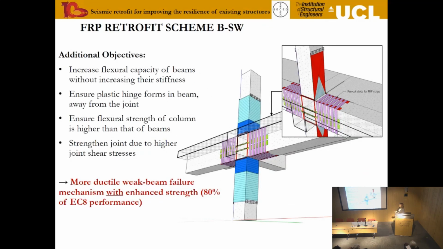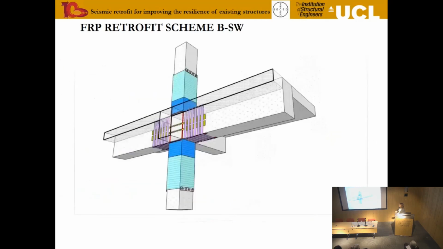And at this point, we had connected the top and the bottom. We have activated the beams through the selective weakening. But in order to move the plastic hinge away from the joint, we strengthened the joint in shear, and we also strengthened the beam. So now we extended the cutting and created a new failure plane, or a new sort of weaker section, away from the joint. So we are definitely constraining the damage within the beam, which is a good thing. So that was the idea. And the idea was to try and achieve the 80% performance of Eurocode 8.